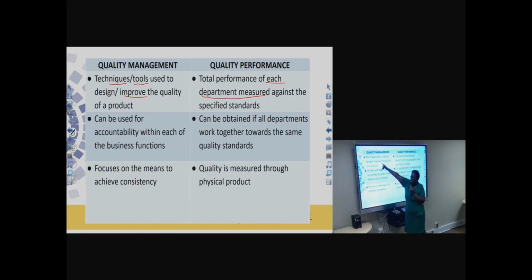Here, you are referring to the tools, concentrating on the tools and the techniques. But here, I will make an example of a phone, a cell phone. When you see a cell phone, you as a consumer can't see if all the departments or all the functions were involved. But when the customer likes the product and customers come back to buy it, so it means